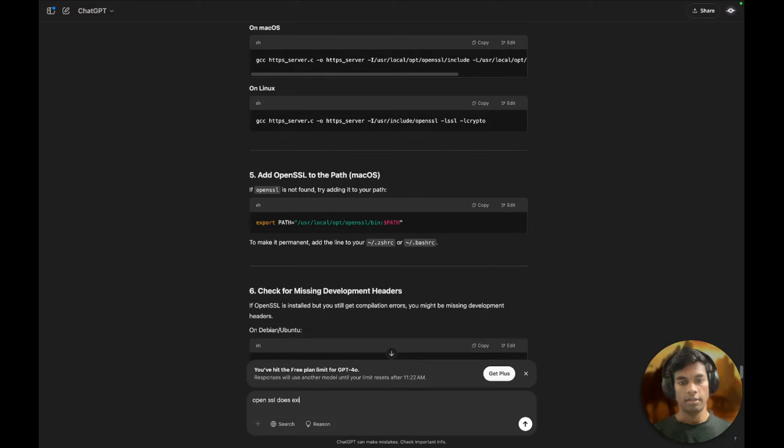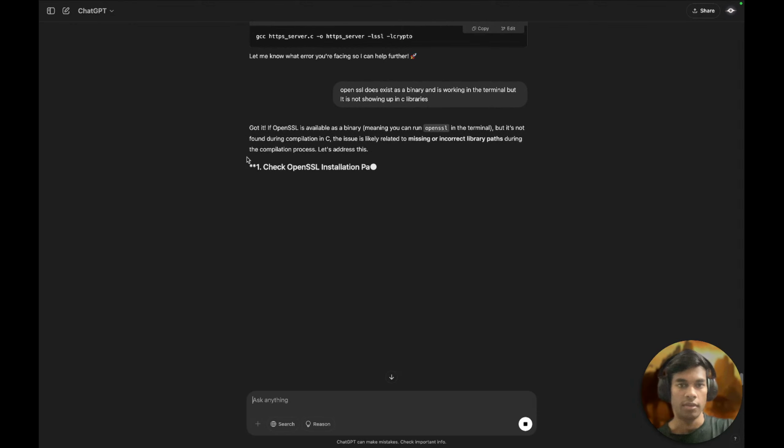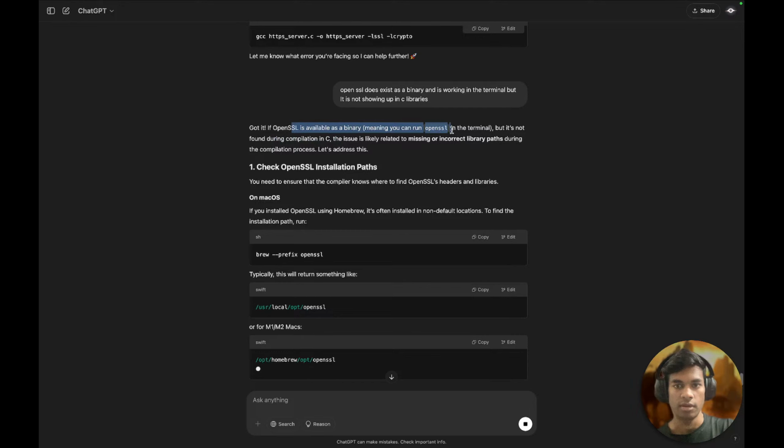OpenSSL does exist as a binary and is working in the terminal, but it is not showing up in C libraries. Let's see. Okay, got it. If OpenSSL is available as a binary, meaning you can run openssl, but it is not showing in C, the issue is likely related to missing or incorrect library paths during the compilation process. Let's